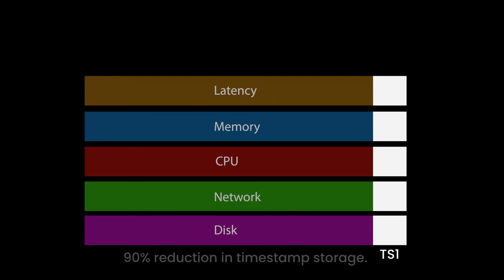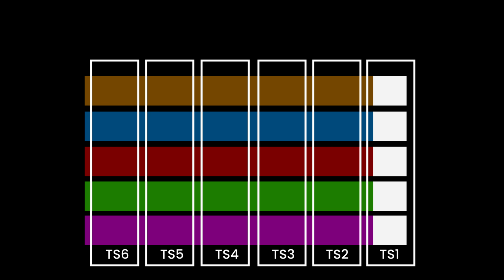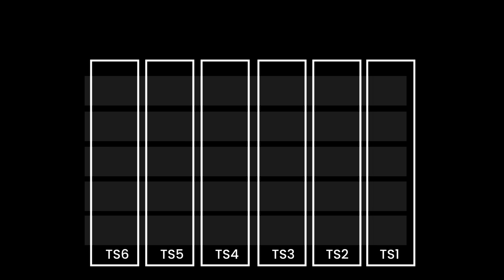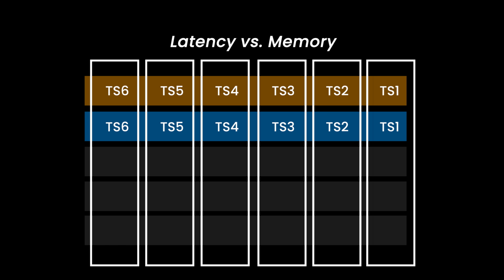One is to share the timestamp. You see timestamp 1 here is going to be shared across all the histograms generated for different metrics. This results in 90% savings when storing timestamp values. The other benefit of this is interpolating data or doing joins across metrics is much easier now because they are broken into time windows sharing the same timestamps. So if you want to see how did request latency react to changing memory usage, doing so is easy because you have a direct mapping with timestamps.